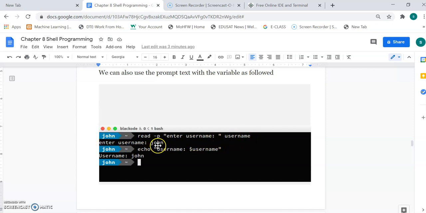"Enter username" will be the output, and in front of that we type the input data, that is John, given by the user. Press enter, then echo "username $username". Whatever we have written in the double quotes will be considered a string, and if you write something in front of the variable, like $username, then that is a variable and its value will be retrieved.